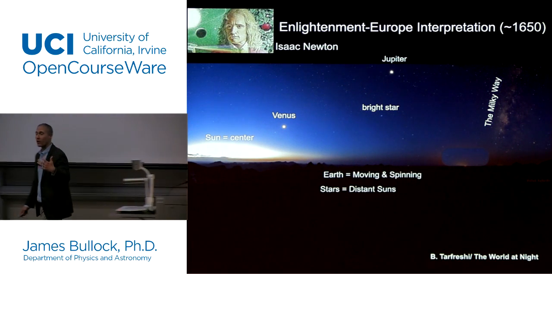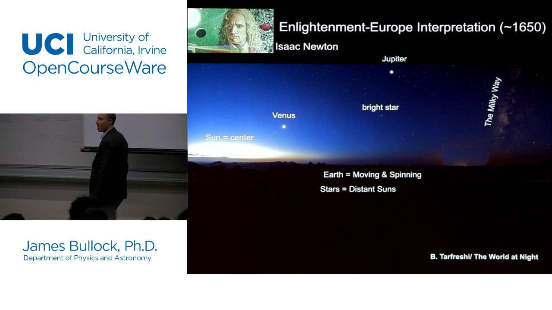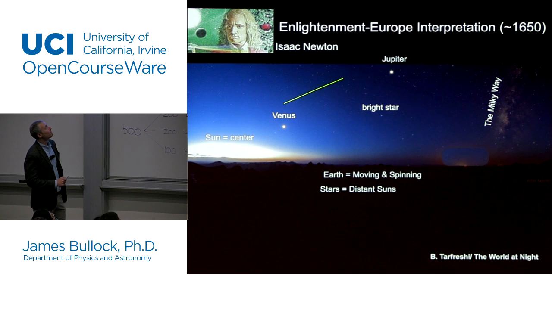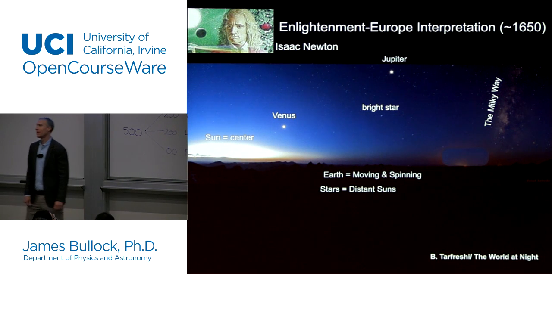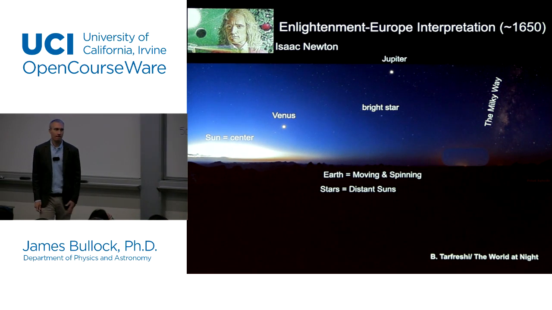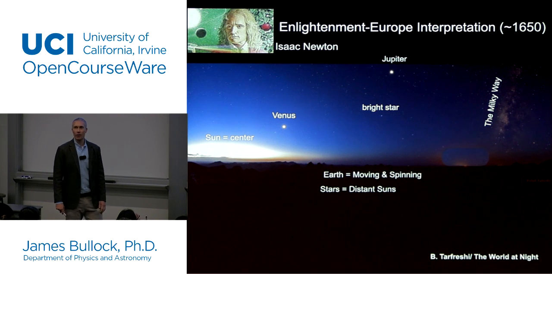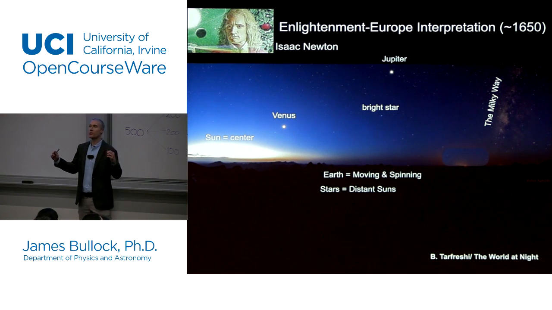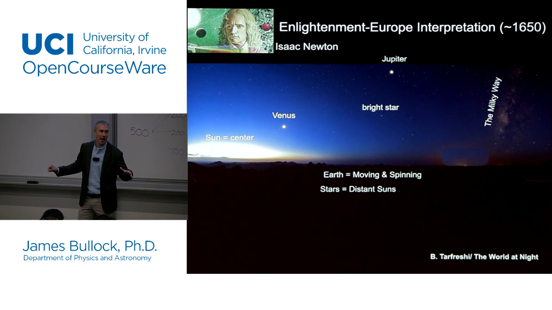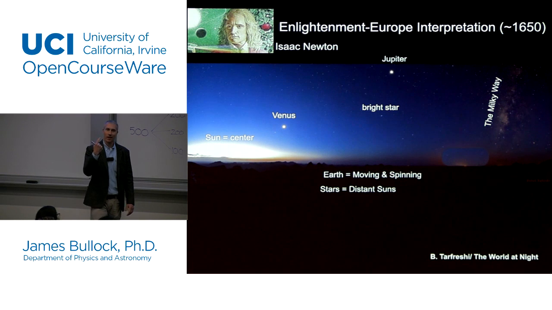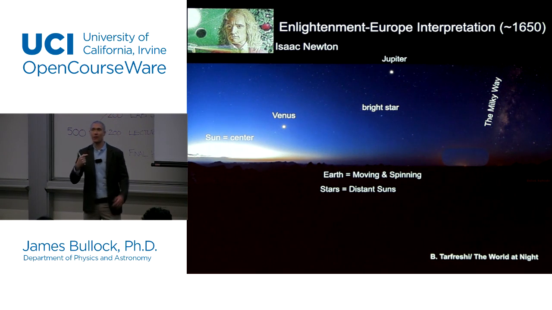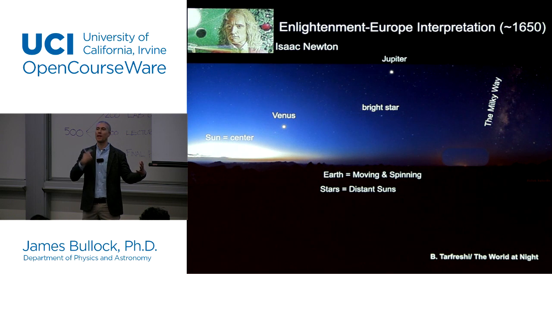Let's flash forward another 1,300 years or so, almost 2,000 years, to Isaac Newton, the European Enlightenment. By this time, people had figured quite a bit out, right? Newton said, no, no, no, the Earth isn't locked down. It isn't immovable. In fact, it's moving and it's spinning. And the reason why it looks like everything goes above and down every 24 hours is we're actually sitting on something that's spinning on an axis.